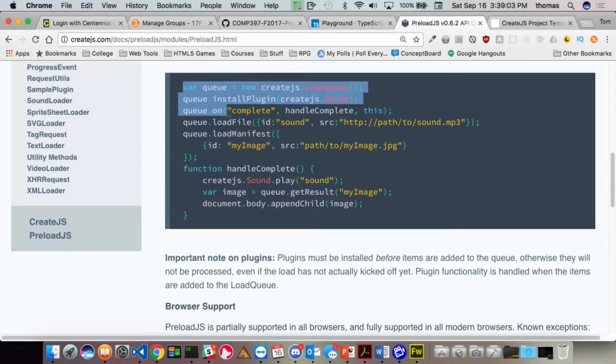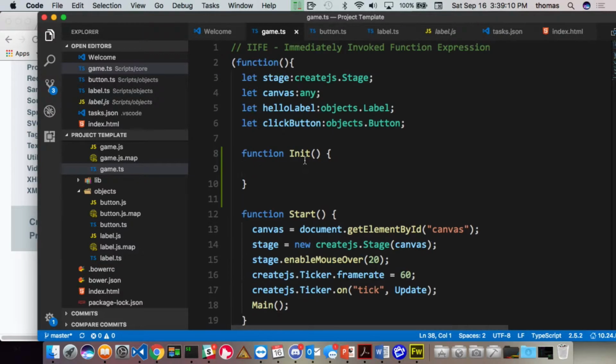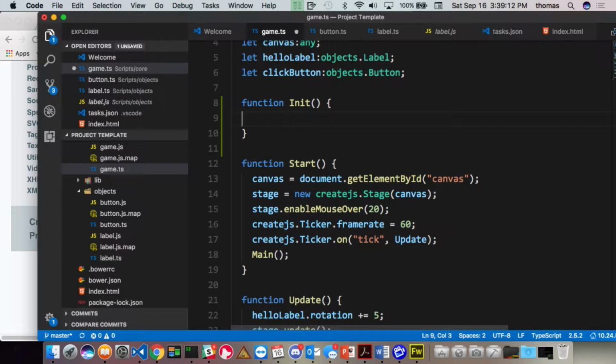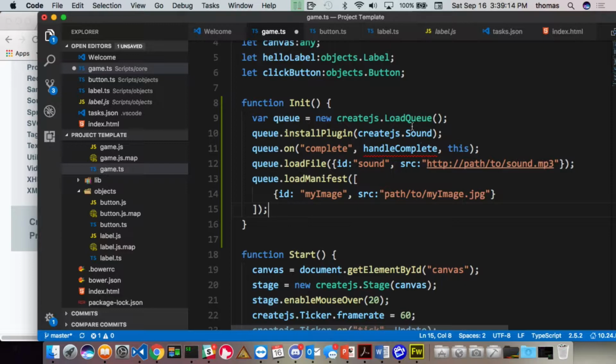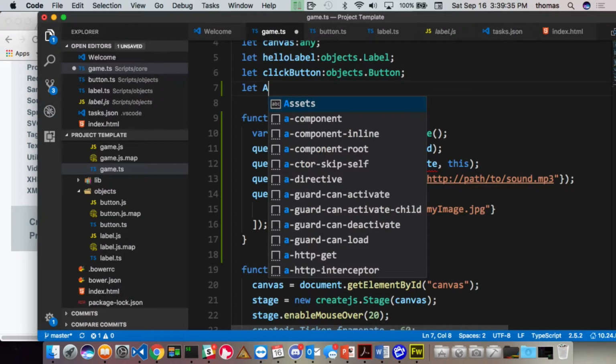So I'm going to copy some of this stuff just up to here. Hold on, before you do this, let me show you what to do. Inside of my init function, I'm going to copy this in. Now this is all good, but I'm going to rename some of this stuff. So instead of doing it here, I'm going to create something up here. I'm going to make an object, and the reason why I'm declaring it up there is so that it's available within my entire game object. So I'm going to say something like this: let asset manager,